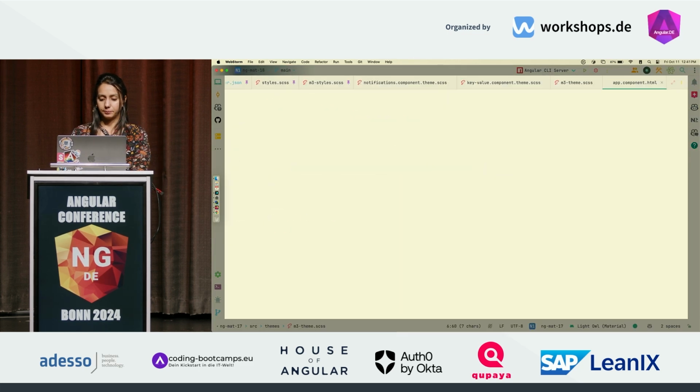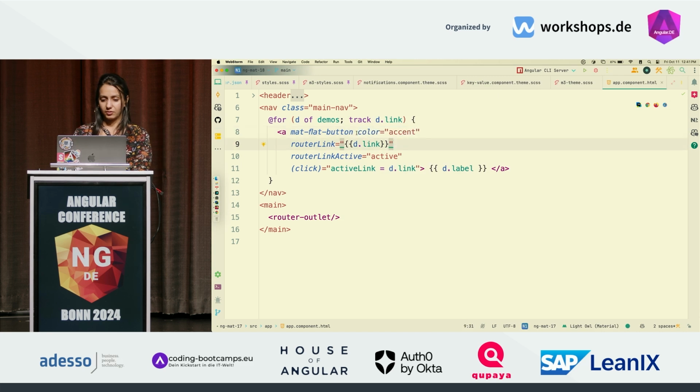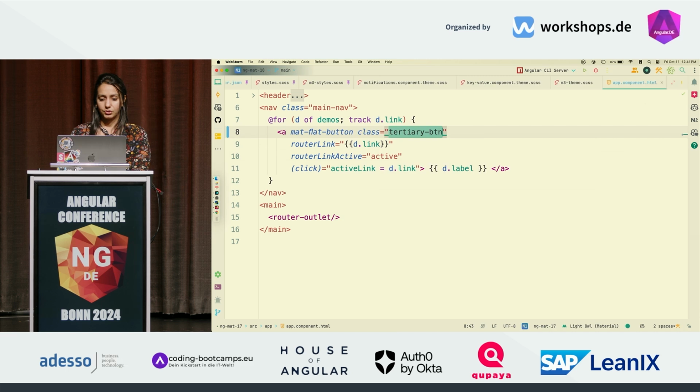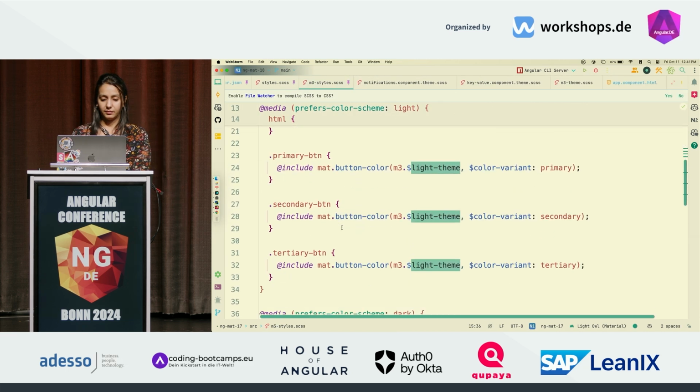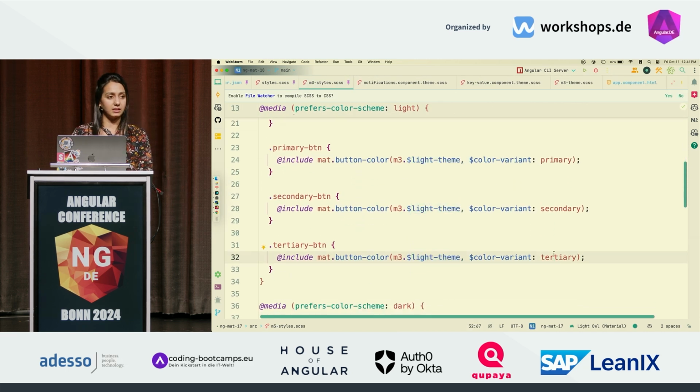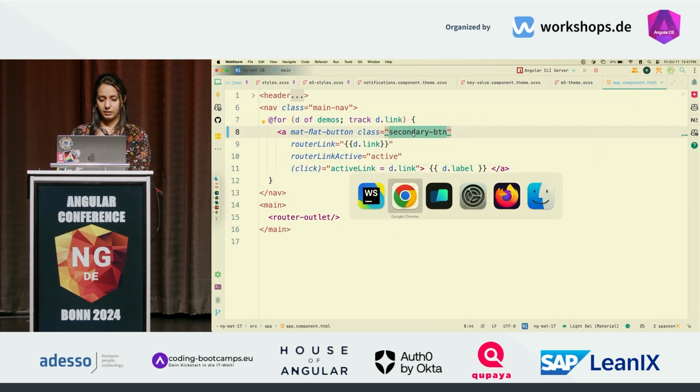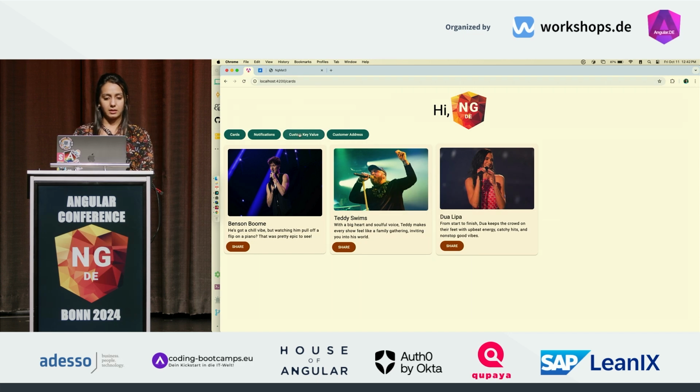For example, like I said, instead of color accent, now we have classes, and I have a tertiary button defined here, which uses the color variant tertiary, the tertiary color I used. Or maybe let's use the secondary. And you can see that this color changed to the secondary color palette that I had provided, and it's so easy. And similarly with all the rounded border radiuses and stuff like that, it's just a CSS variable,